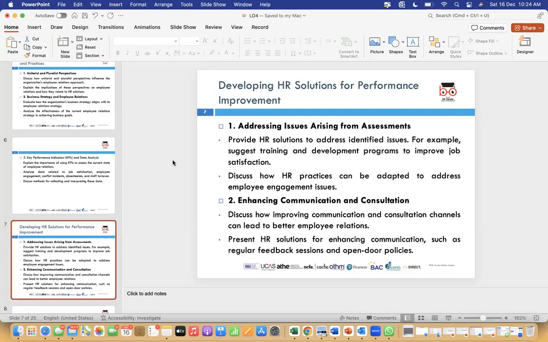So how you can develop different HR solutions for performance improvement. Firstly, addressing issues arising from assessments. There are different assessments that associates are put through, right? You have different training programs and development plans that they go through so that they can get job satisfaction. But how can HR practices adapt to make sure that we are addressing the employee engagement issues. So for example,